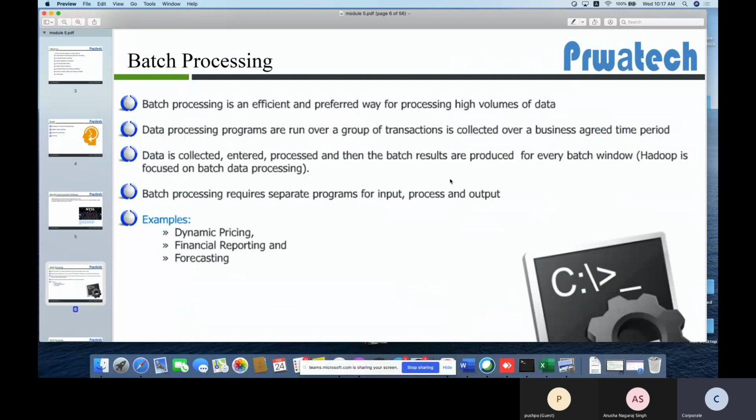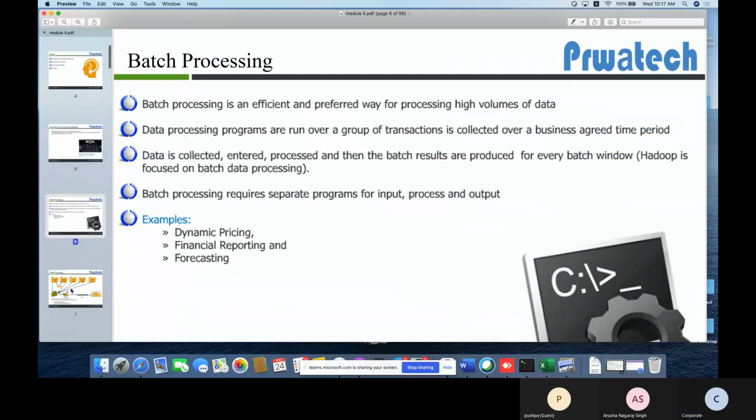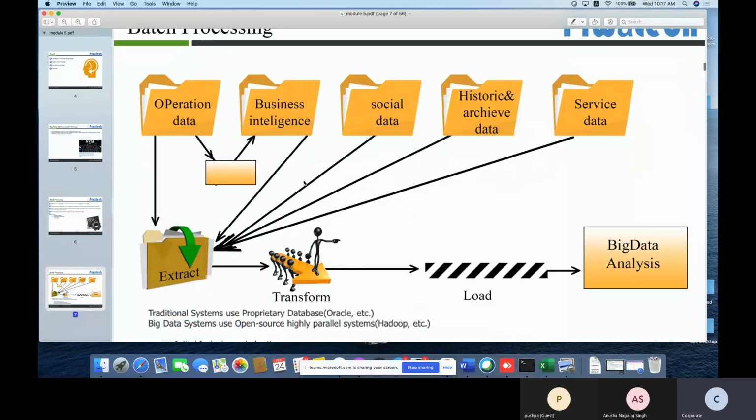Right. Then we have what? This is how we perform batch processing. What do we need? We need input, right? We write the code and we get the output, the data transformation. So where do we get the input from? These are different operational data, business data, social data. These are the sources from where we take data. We extract this data, then we write the code, and then comes the output, some analysis, that is called data. This is batch processing. Understand what batch processing is?